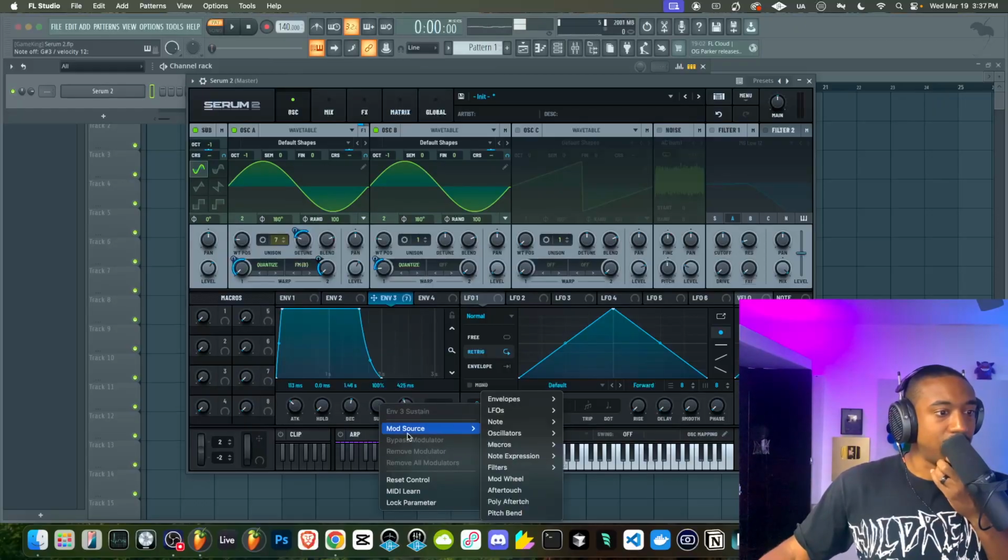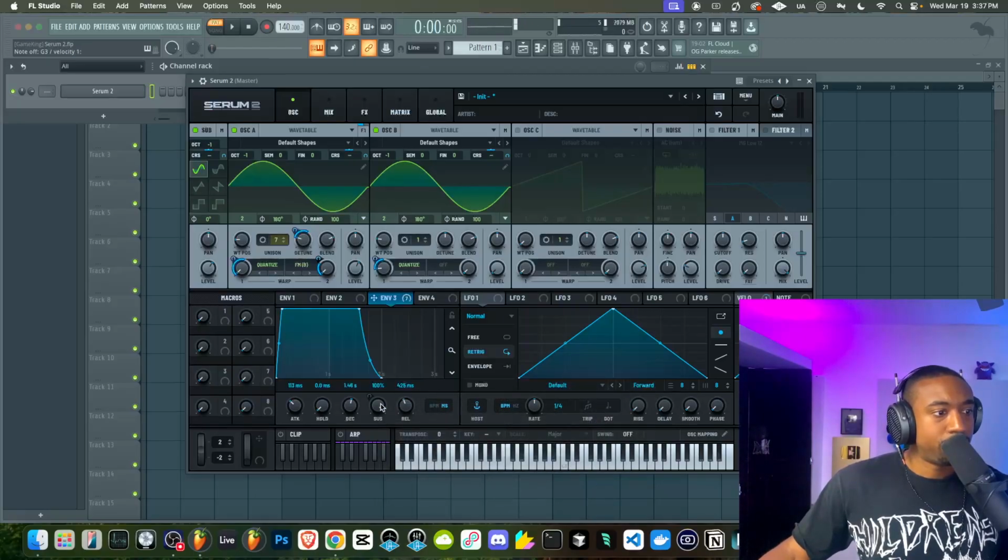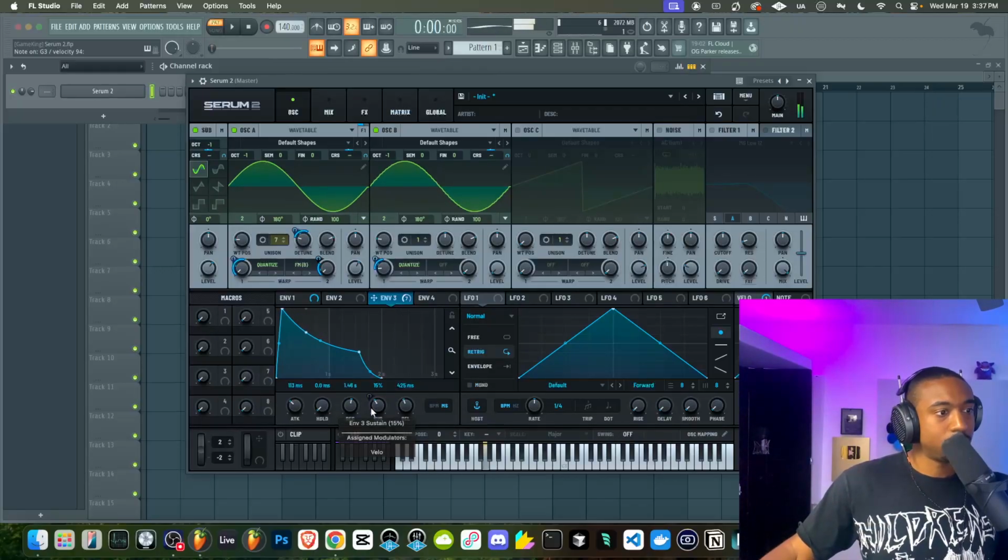Let's see if we can modulate this via the velocity. That'd be interesting. So based on how hard I hit the key determines the sustain minimum.